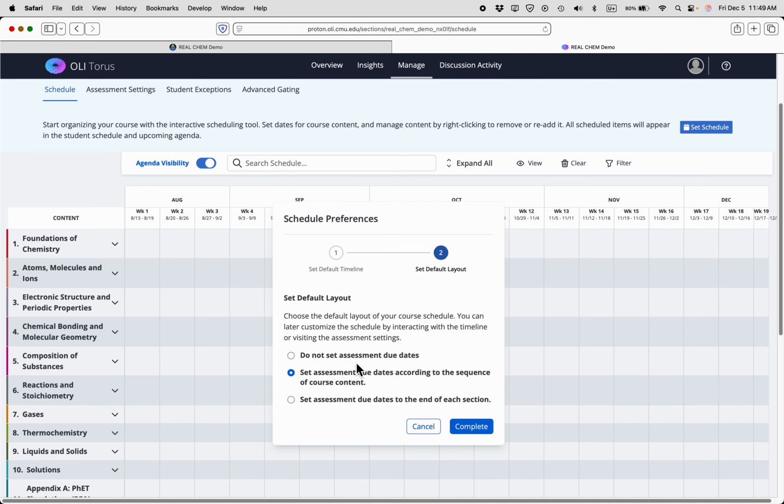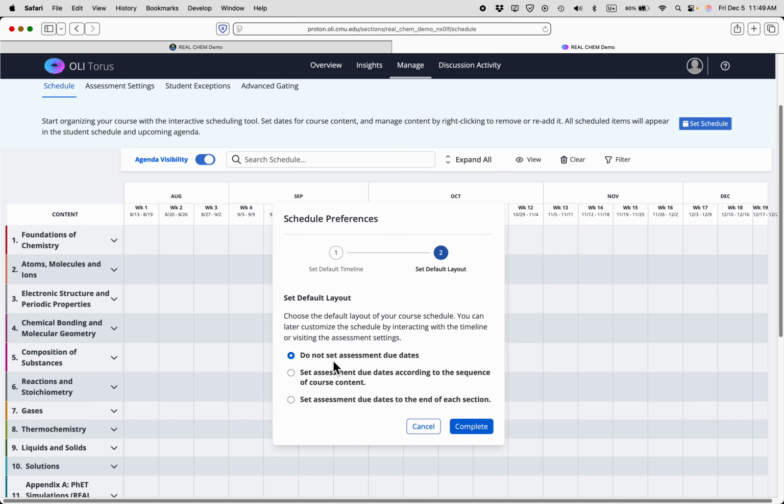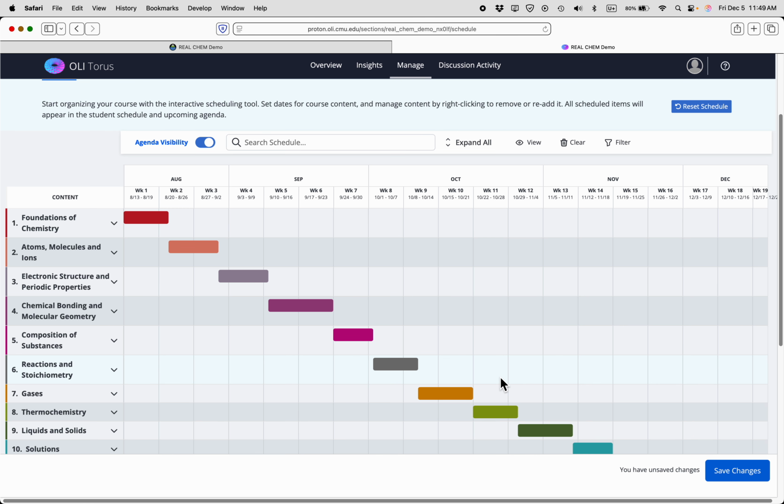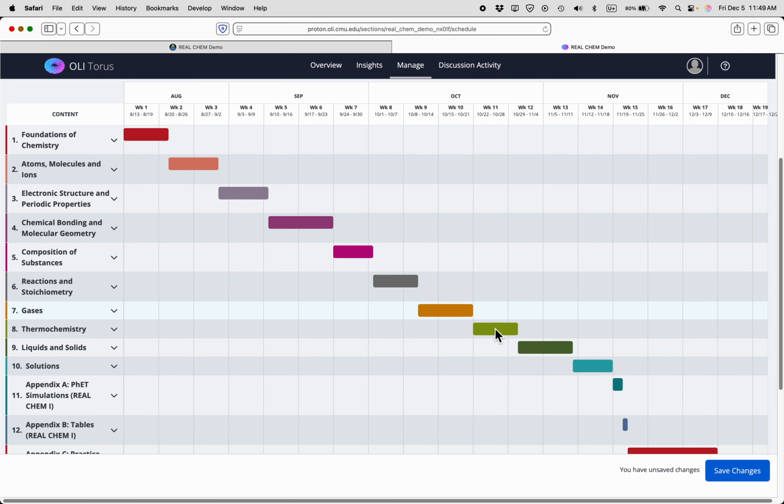I suggest not setting your assessment dates automatically just yet, because there is no blackout assignment tool. So it will set your assignments during Thanksgiving week, for example, and then you'll have to move everything anyway. So as long as you set assignment due dates, you can go in and manually change everything. So click Complete, and what this does is it lays out everything in the course in